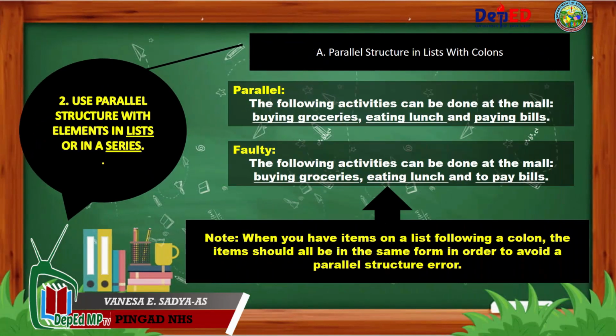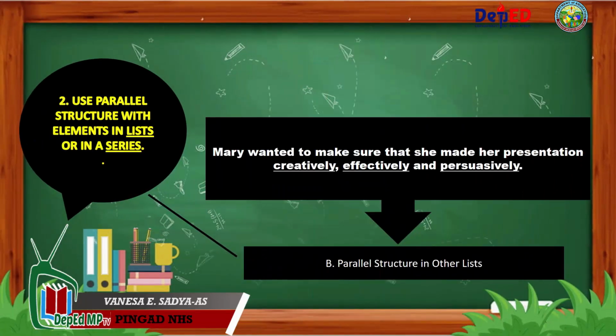And take note, when you have items on a list following a colon, the items should all be in the same form in order to avoid a parallel structure error. Okay, let's now have letter B. In the example, Mary wanted to make sure that she made her presentation